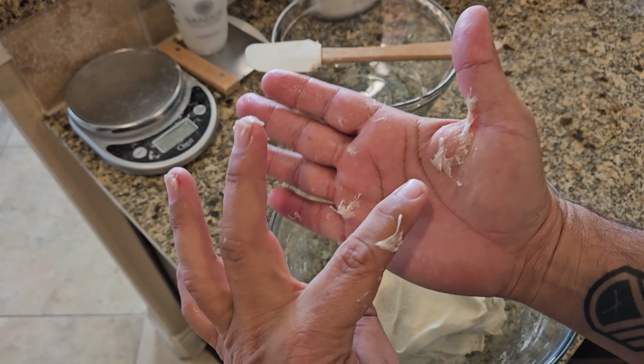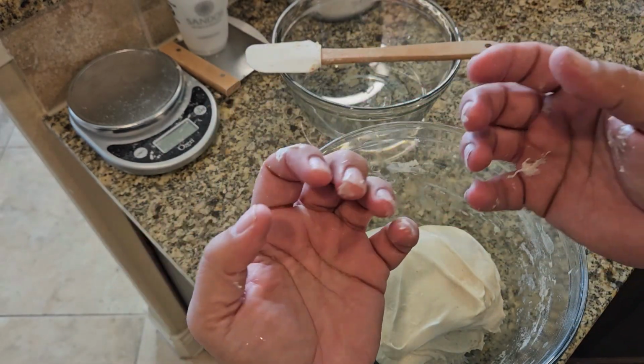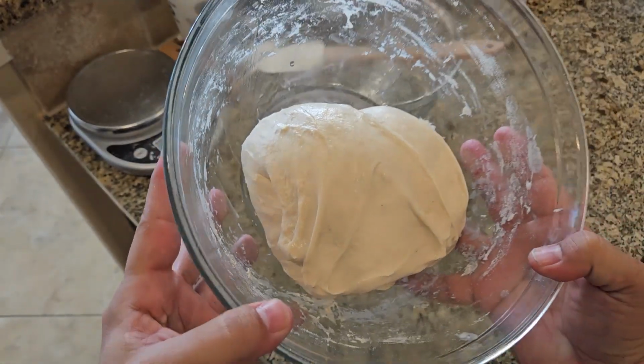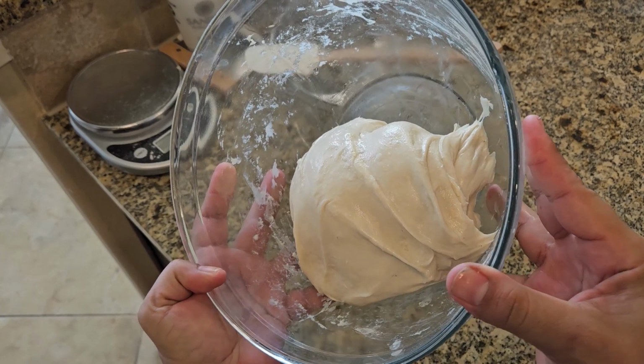Even with the water on your hands, you're still going to get a little bit on you because, again, this is a sticky type of dough. Now, as you all can see, look at that. Nice folded dough in a pretty decent little ball. Okay, and like I said, we're going to do this 3 more times after this one, so a total of 4 folds. Once you finish each of your folds, put it back underneath your towel and wait